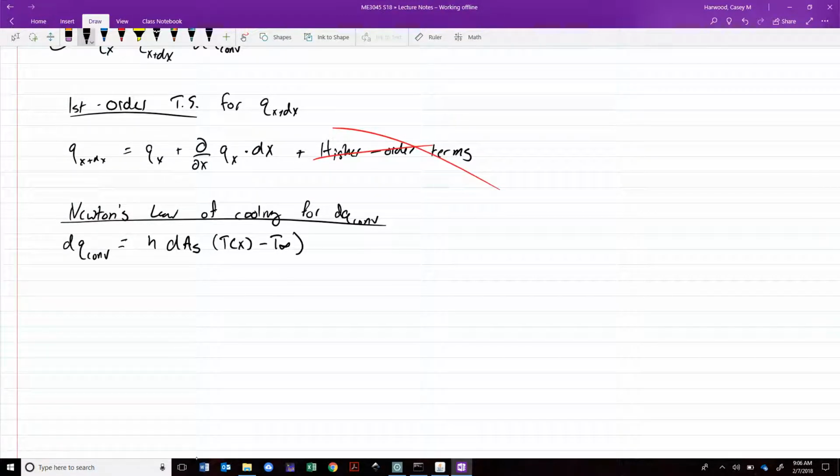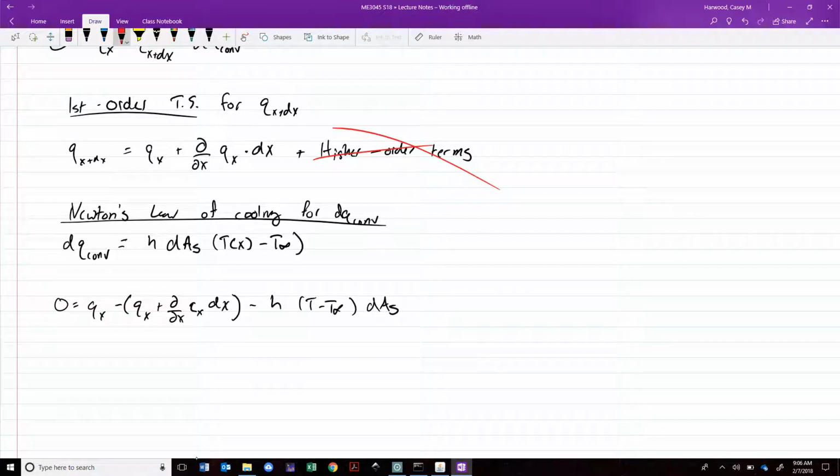So if we plug those in now, we end up with 0 is equal to qx minus qx plus partial x qx dx minus h times T minus T infinity dAs. Looking over here, these qx's are going to cancel one another, and we are going to end up with negative partial x qx dx minus h times T minus T infinity dAs. Okay,